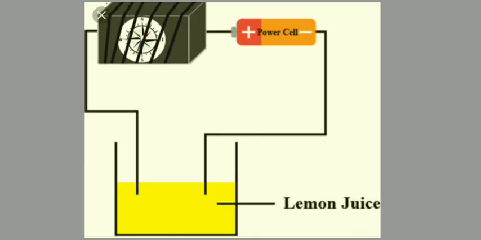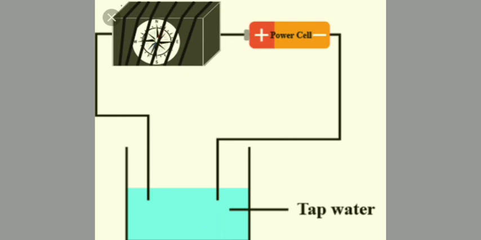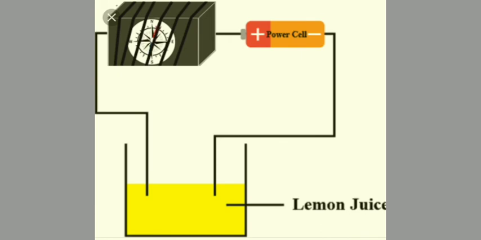So let us take the example of lemon juice. If you make a solution of lemon juice, take water, add some lemon juice to it, and again dip the same tester into the liquid, you will see that it is again a good conductor of electricity. So based on that, we found that liquids conduct electricity. Some liquids are good conductors while others are poor conductors of electricity. Most liquids that conduct electricity are solutions of acids, bases and salts.